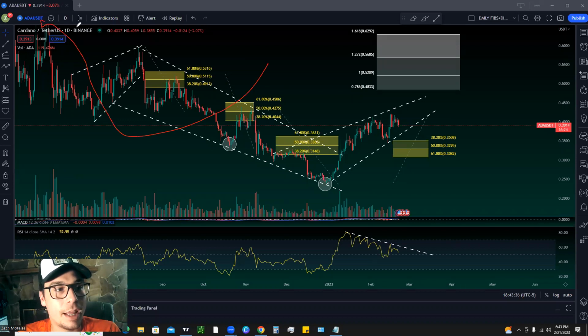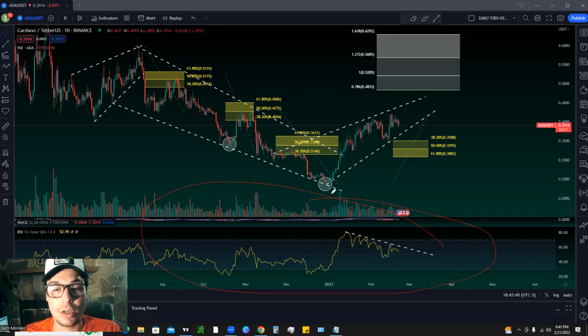This time we're looking at ADA, Cardano, breaking it down on the daily chart for you guys. It's been a little bit since I covered ADA. What we're going to do is cover a few different things. We're going to take a look at the relative strength index, how you can use this to spot potential entries and exits, as well as some of the chart patterns that we have currently and the major levels of resistance,